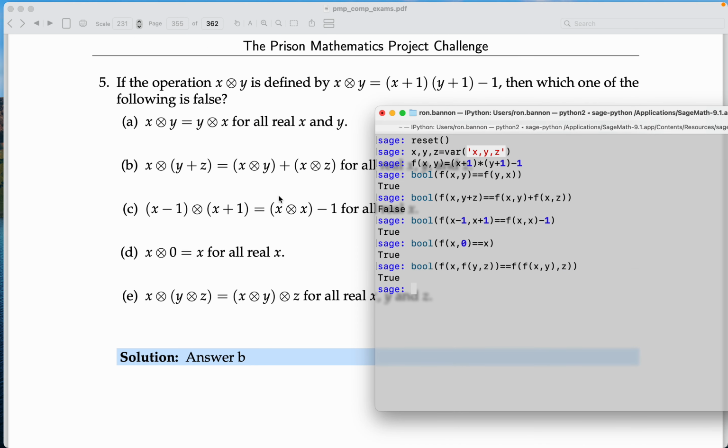Now I want to go back over the notes, and I want to tell you, it's problem number 5. All right, so what did I do over there? I used Sage to answer the question. And what's the question? Which one of the following is false? And the only one that's false is going to be the letter B. And we've determined that by doing the operation they were asking us to do. Again, you would do this by hand, but I want to point out that you could imagine how powerful it is to have a tool at your disposal that would allow you to do things that are far more complicated,